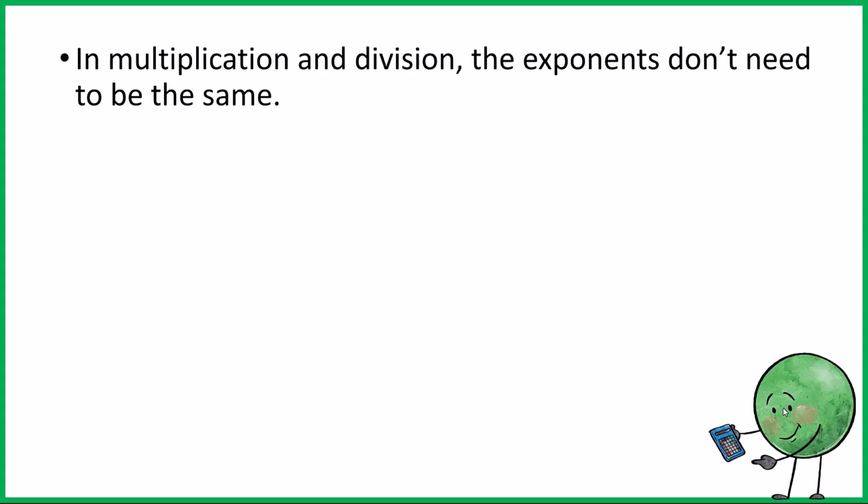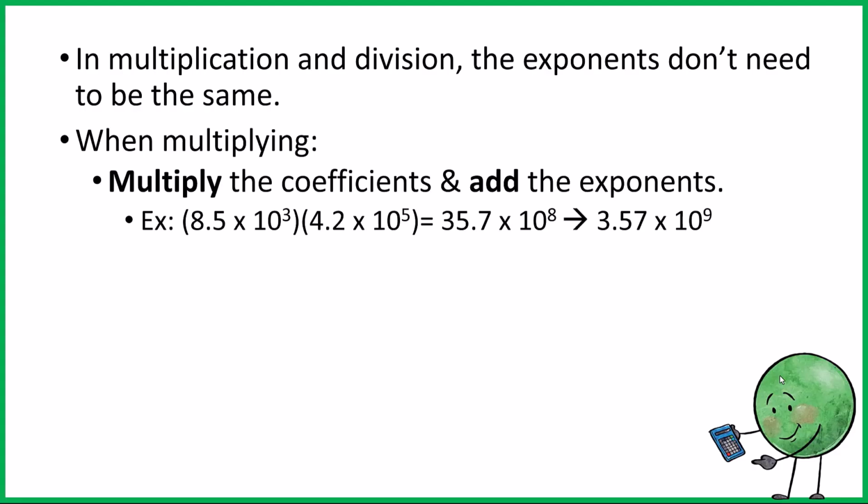In multiplication and division, the exponents do not need to be the same. So when you're multiplying or dividing two scientific notation numbers, we do not need matching exponents. When multiplying, you're going to multiply the coefficients together and then add the exponents. So here our coefficients are 8.5 and 4.2 if these are our two numbers we're multiplying together. 8.5 times 4.2 is going to give us 35.7, and then we're going to add the exponents here. 3 plus 5 gives us 10 to the 8th, and so the answer is 35.7 times 10 to the 8th,